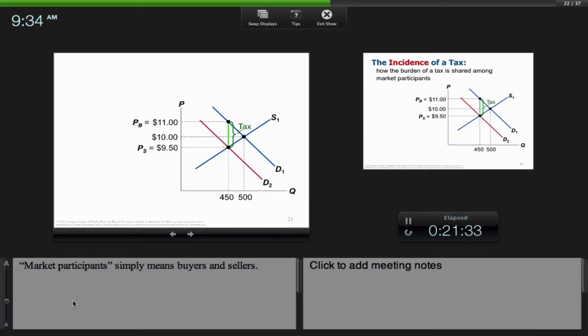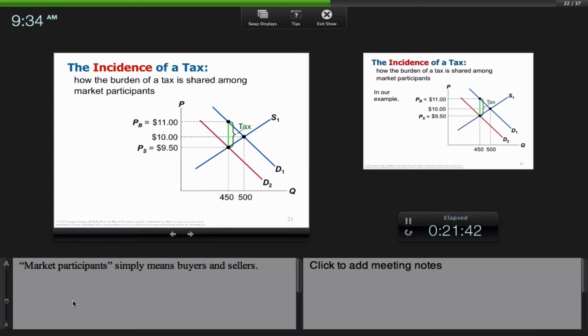Tax incidence means who's actually paying the tax, how is it affecting the market. So our tax incidence here: buyers are paying $1 of the tax and sellers